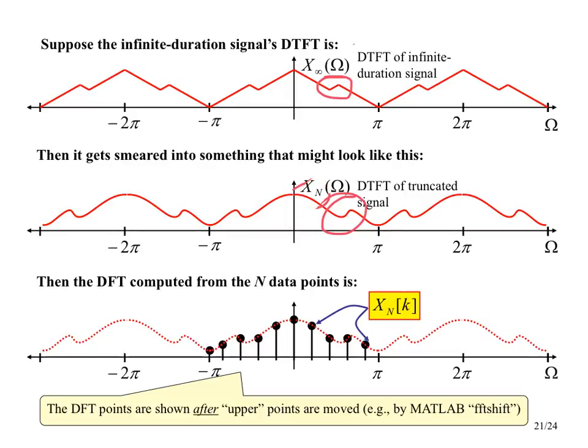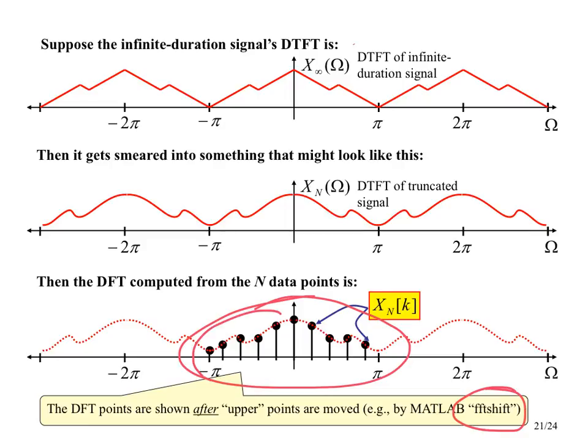So we've collected n samples, and what we can actually compute using the DFT, computed by the FFT algorithm, are these dots down here. Those are the values computed by the DFT, plotted at the correct frequency points. And I've also used FFT shift so that this part that's down here actually started up here. FFT shift moves it down there. Okay, so we've got